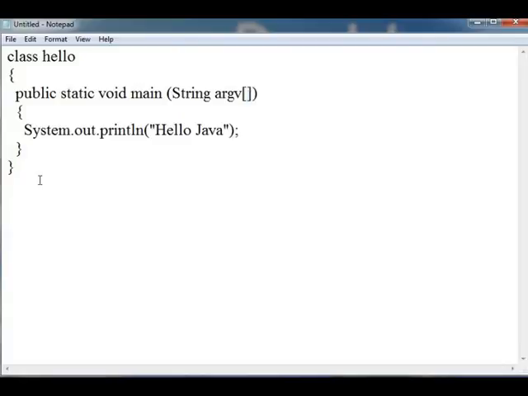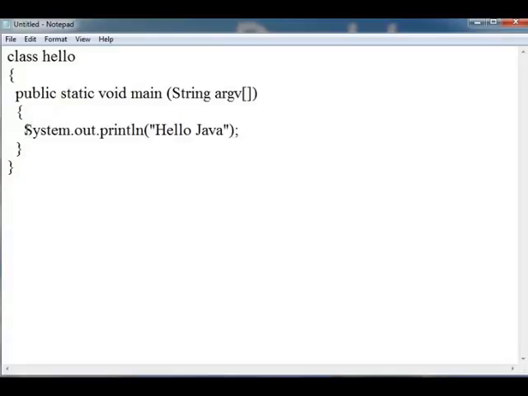Then in the main, I just want to write hello. Here I have written the command System.out.println. You can also use System.out.print. We will learn the difference between print and println, but today we are just going to simply write hello Java.